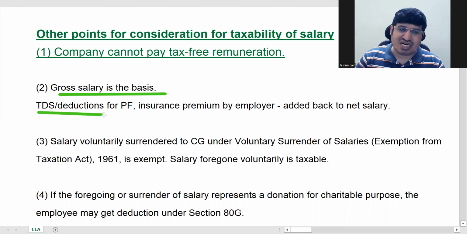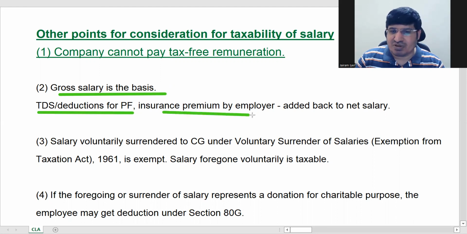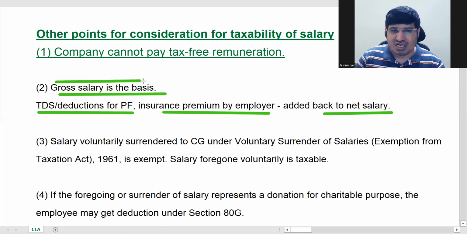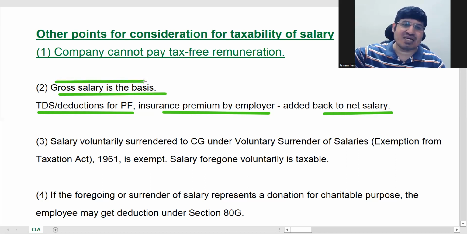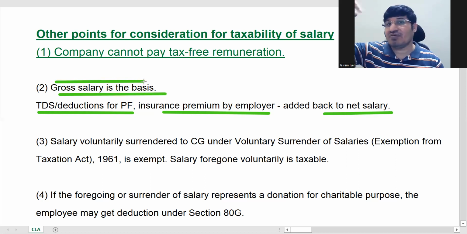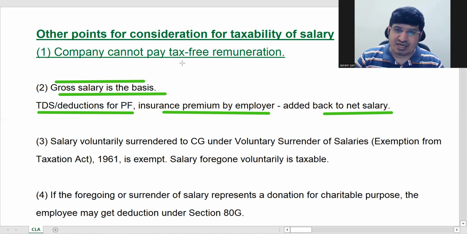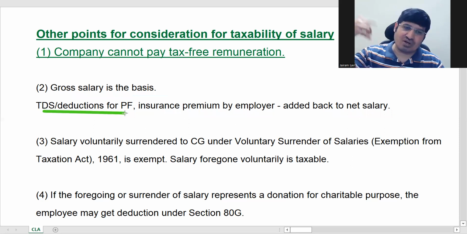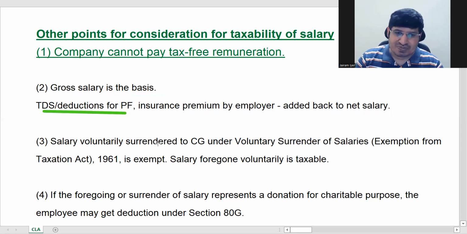So TDS, which is tax deduction at source, okay, deductions for PF, insurance premium by employer, all that you have to add it back, bring it back to your gross salary, and then as per the rules we will compute the salary, okay. So always remember, gross salary is the basis. We will never start with a deducted salary, like some part has been deducted, from there we will not start our computation, okay, start from the first point, ठीक है। तो कुछ भी डिडक्शन करके दिया है तो आप पहले उसको ऐड बैक कर लेना, और ग्रॉस सैलरी हमको निकालना पड़ेगा पहले।